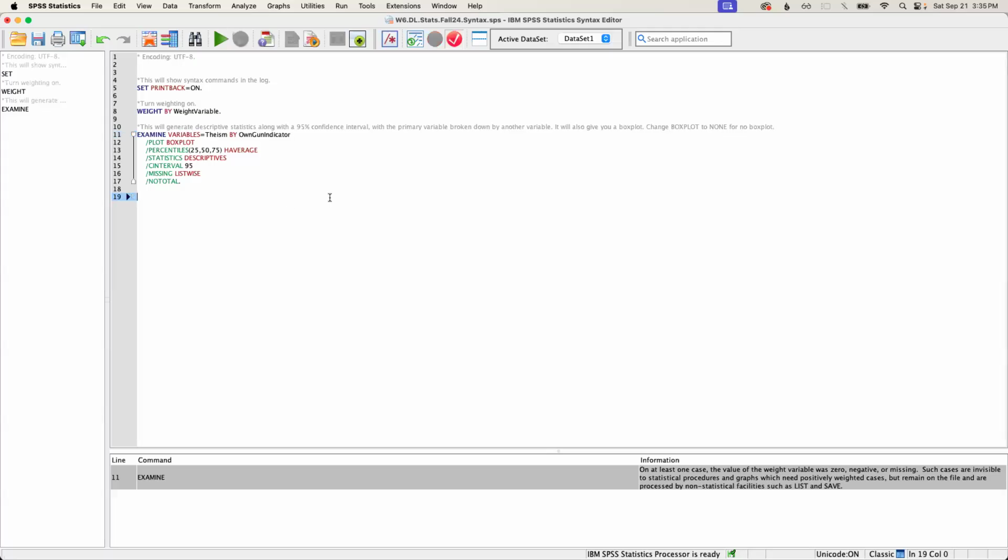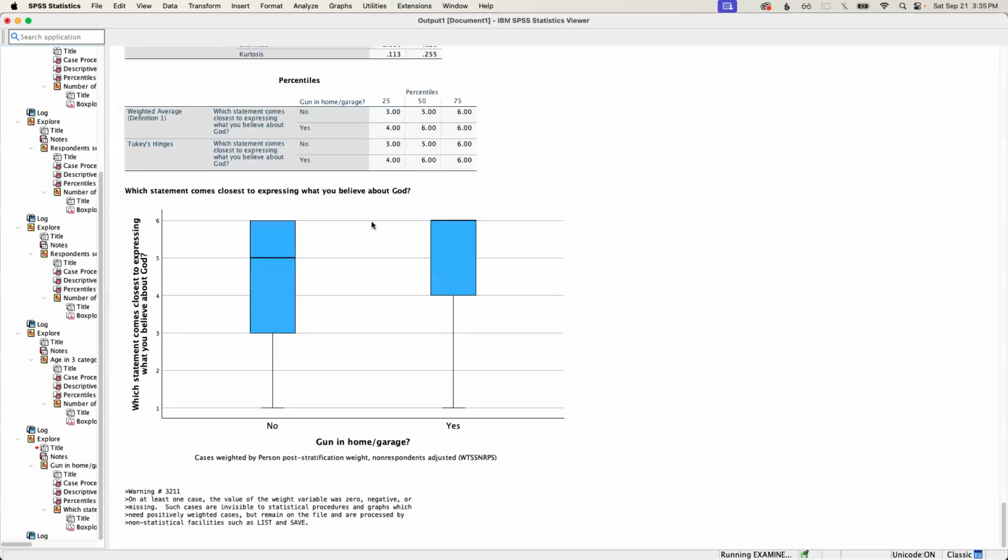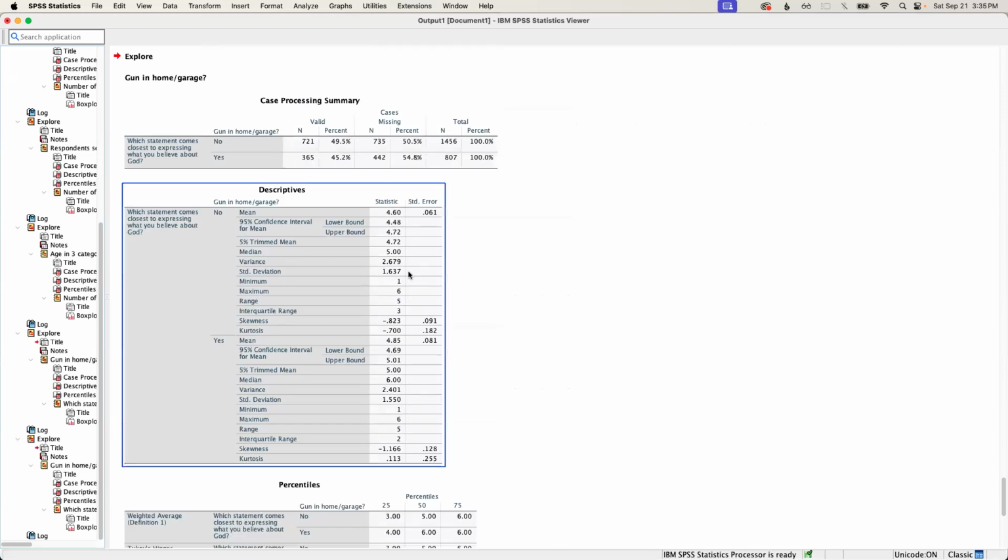So I think all of the examples we looked at were significant. Let me look at one more. So this is back to theism by that gun ownership indicator. And so if I run that,